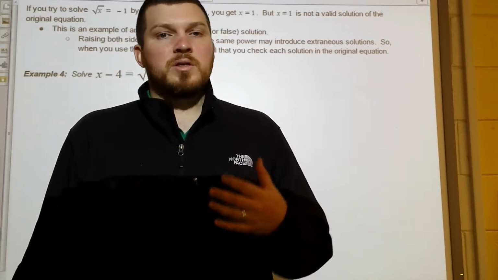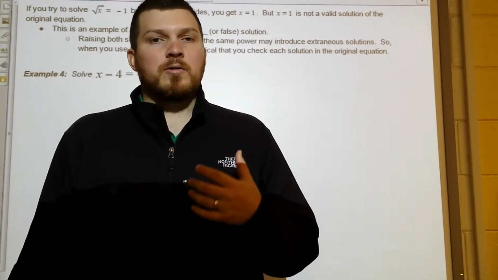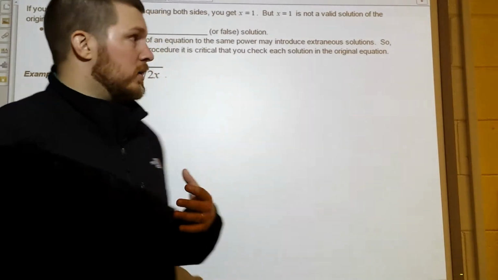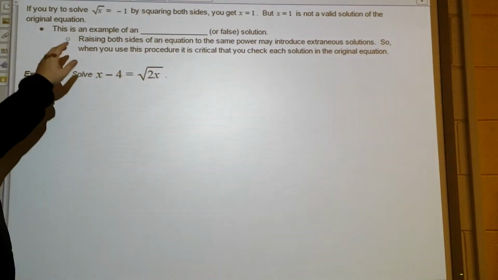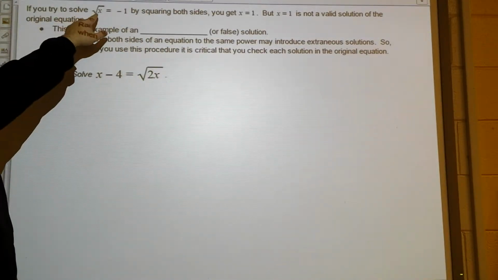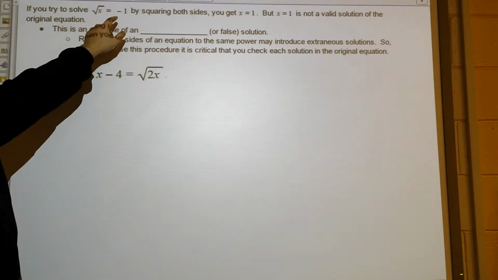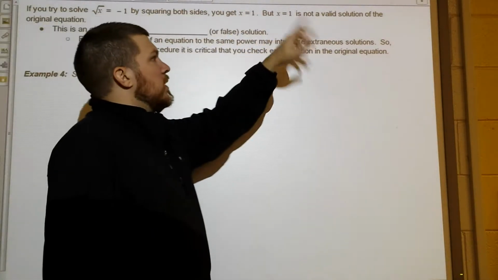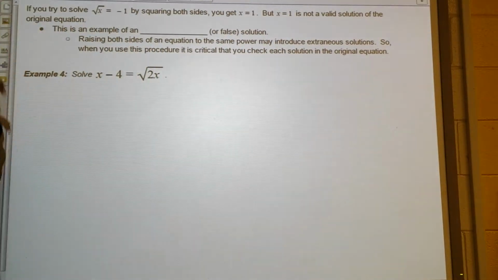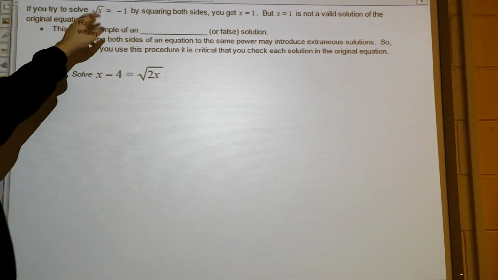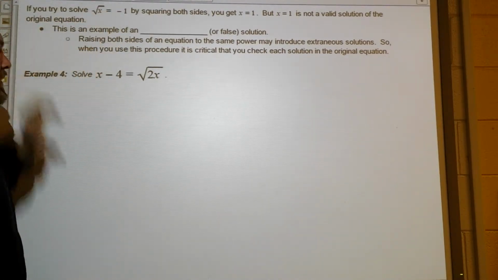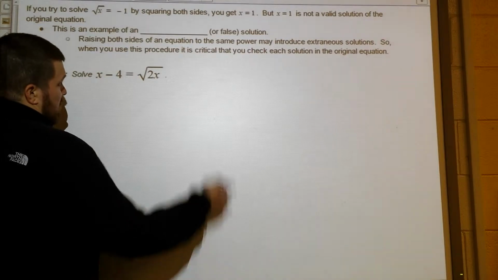So what we're going to do is we're going to do this by algebra, and then we're going to come back and do it by graphing as well. So I'm just going to jump in here. If you try to solve the equation square root of x equals -1, you get x equals 1. But x equals 1 is not a valid solution. If you plug it in, you're not going to get -1. This is an example of an extraneous